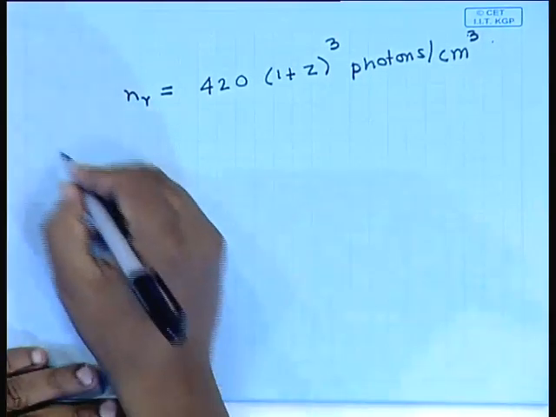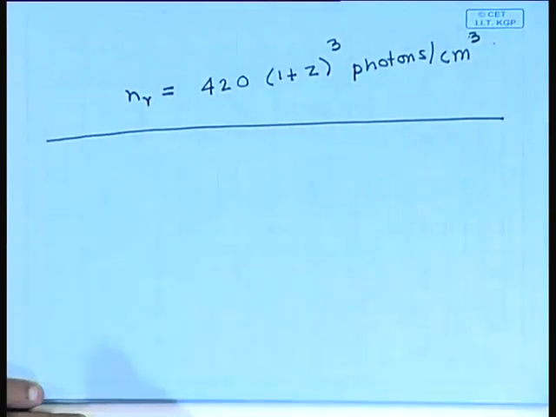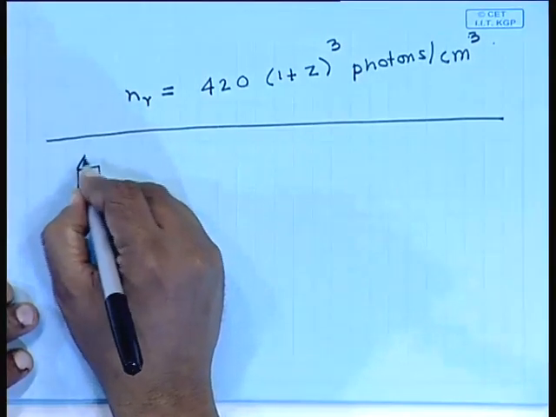Now, a quantity of interest is the entropy per photon. The entropy of each photon is meaningless. Entropy is a thermodynamic quantity, but what we can calculate is the entropy per photon. So let us calculate the entropy of the CMBR, the entropy per unit volume. So let us take a unit volume,